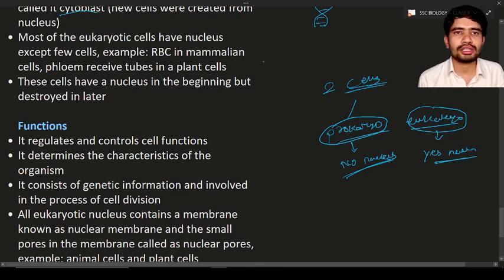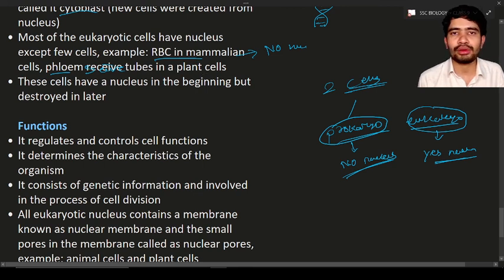Almost all eukaryotic cells have the nucleus, but a few eukaryotic cells do not have the nucleus. What are they? RBC in mammalian cells. In our body, there are RBC cells, and our RBC cells do not have the nucleus. And also plant sieve tubes. In the plant, there are phloem sieve tubes. The phloem sieve tube cells and RBC in mammals do not have the nucleus, but